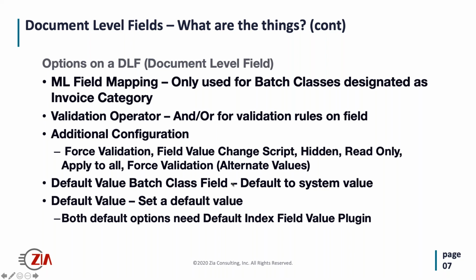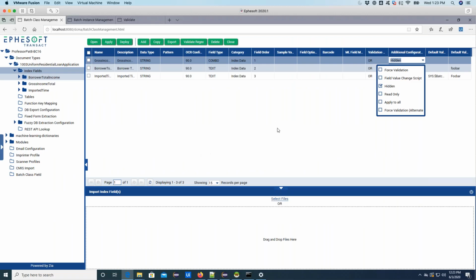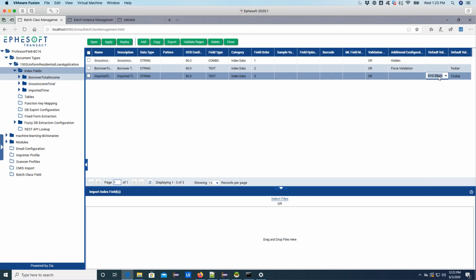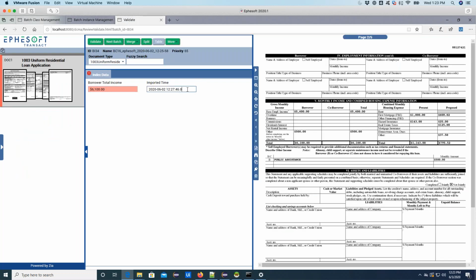All right. So the last couple that we have on here is the default value batch class field. Again, something that I've never used before, but it could be interesting. So is there something at the batch class level that you want to persist to a value? In this case, I said the import date. Then you can specify what that value is without doing scripting, and then it would persist inside of here. So you can see that this was imported yesterday at 12:30 on my server. So that's one of the ways you can do it.